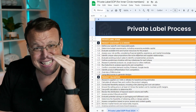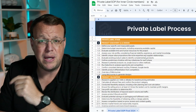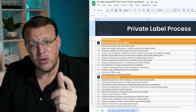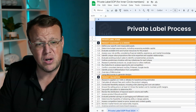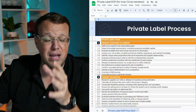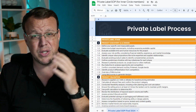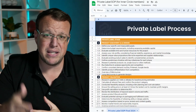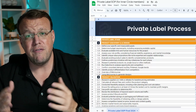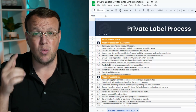It's going to be a step-by-step process where we break down every single SOP. There are videos, walkthroughs, tutorials, worksheets, and documents for every single one of these steps, starting with how to even find a potential product, how to validate that product using data. We have the most comprehensive data-based approach strategies for finding and validating and developing products that will win when you